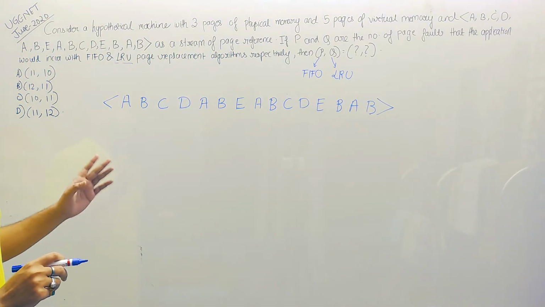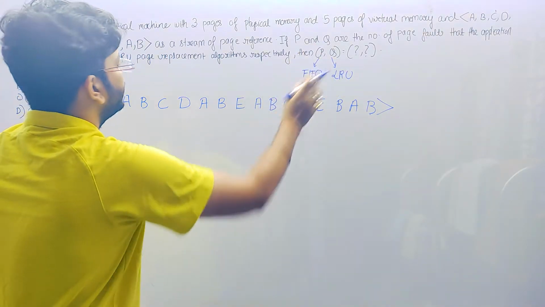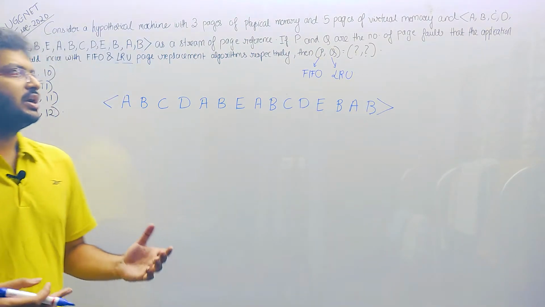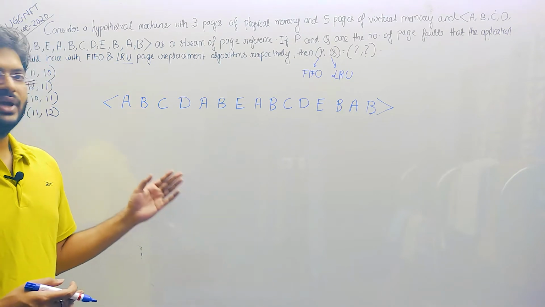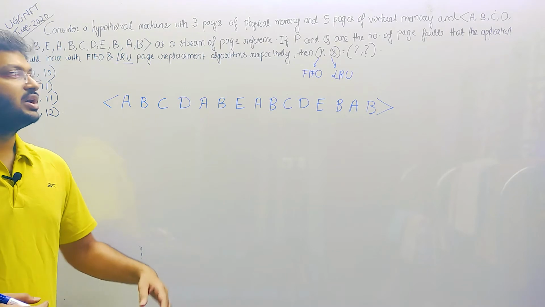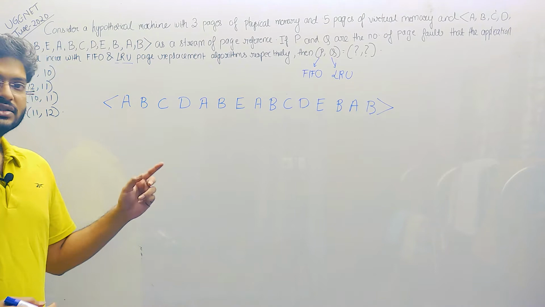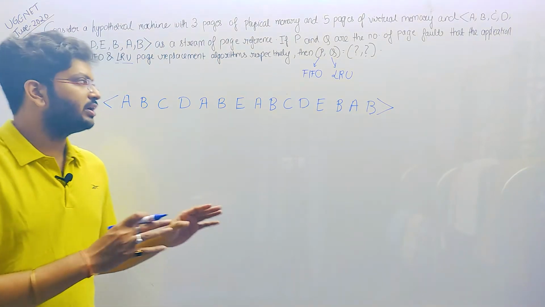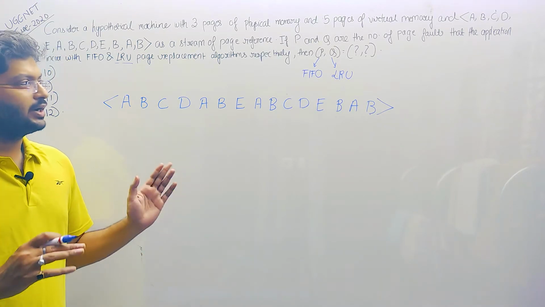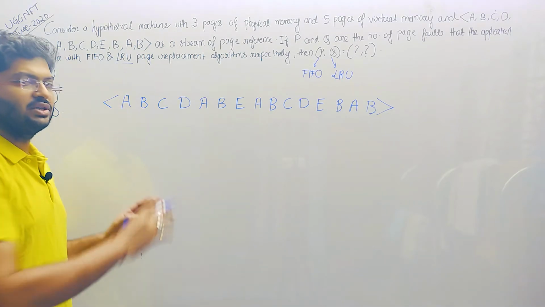So P and Q are the page faults of the page replacement algorithms. So we have to calculate P and Q. So what is basically a page fault? It means if you are searching for a page and we find it in the page table, then it is a hit. So in that case no page fault occurs. And if we are referring to a page and it is not found, then in that case it is a page fault. It means we have to enter that page into the frame. If you are finding it, then it's well and good, and if you are not finding it, it is a page fault, and in that case we have to enter that page into the page table.